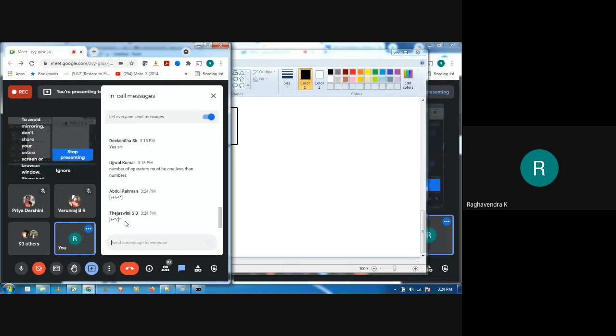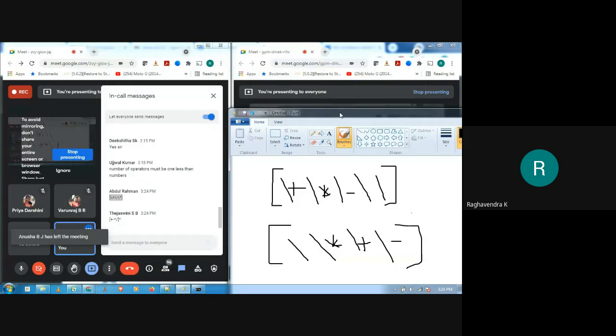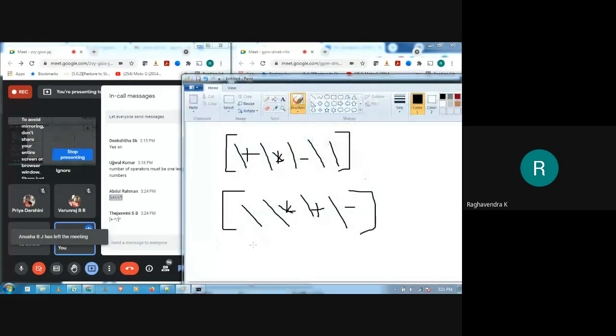Vinny also has written. Okay, Abdul has written like this, but no problem. So he has written slash first, and then slash star, slash plus. Okay, one and the same. I'm just writing it later. Something like this. Tejaswini has written plus, star and slash.